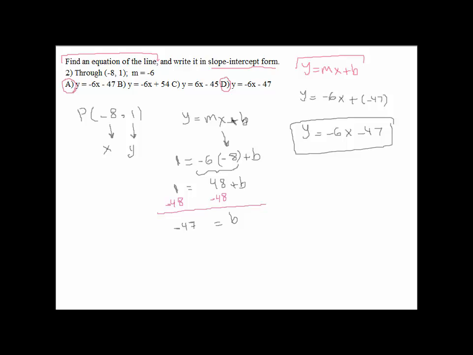Okay, let's take a look at the next one. Now you want to write the equation of the line that's going through this point and is horizontal. For these kinds of problems, if it's a vertical or horizontal line, you just have to graph them. That would be the best way to write the equation of the line. So what we do here is